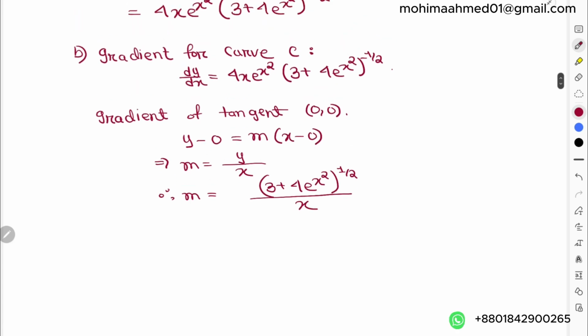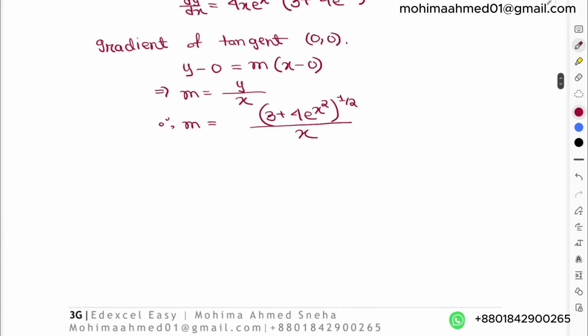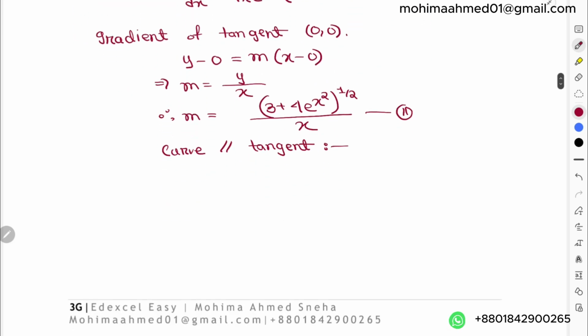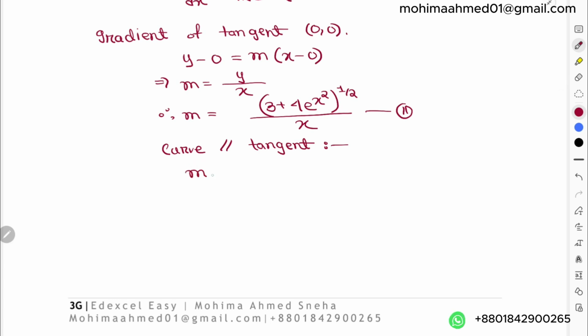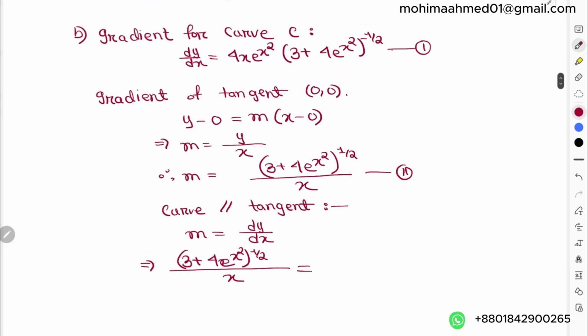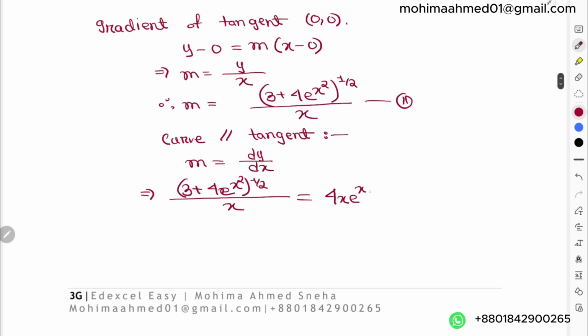Now again you have to understand that the gradient for the tangent and the curve are always equal because they are parallel to each other. So the curve is parallel to the tangent, which means they both have the same gradient. If they both have the same gradient, then I can write that this is my equation 1 and this is my equation 2. So equation 1 and equation 2 can be equal to each other. So dy by dx, or I can say m equals dy by dx. If that's the case, then m is (3 + 4e^(x²))^(1/2) divided by x, and that is equal to your 4xe^(x²)